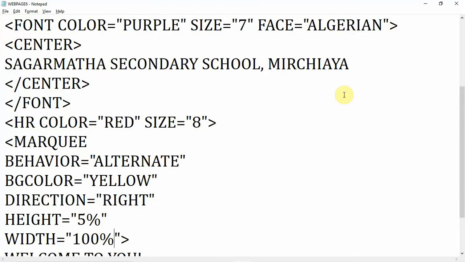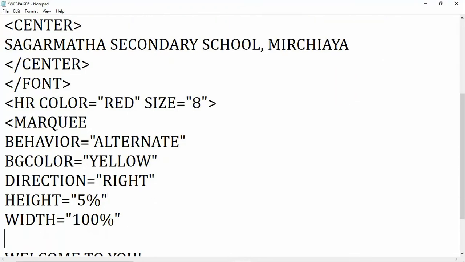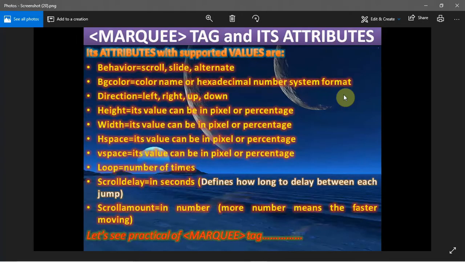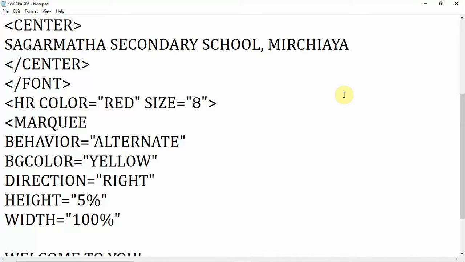Now next, another attribute. You have to see all the attributes one by one, because attributes are very important. Next one is HSpace, horizontal space. It moves our moving text to the right side. I want to give here 10% or 20%.